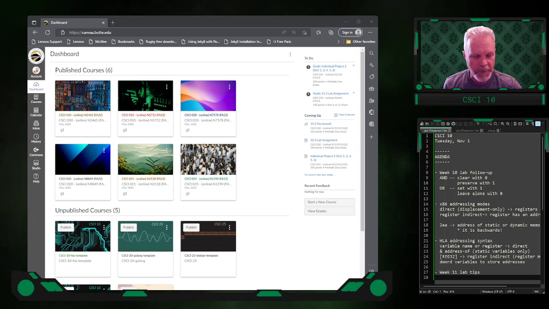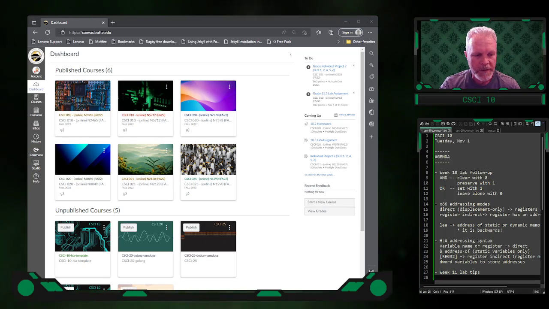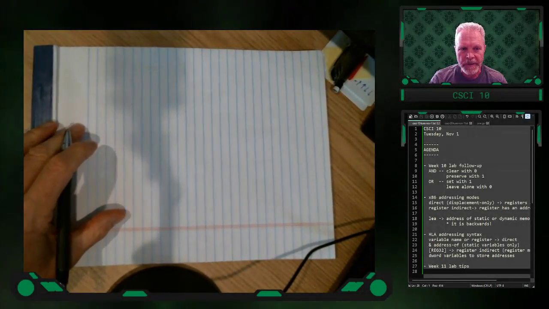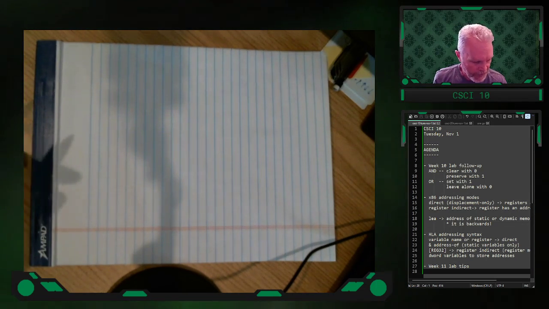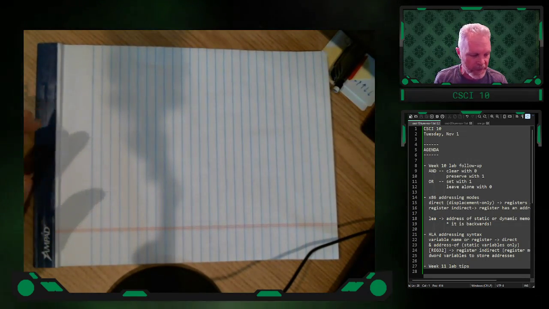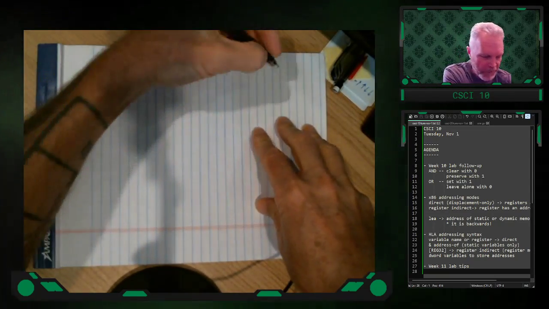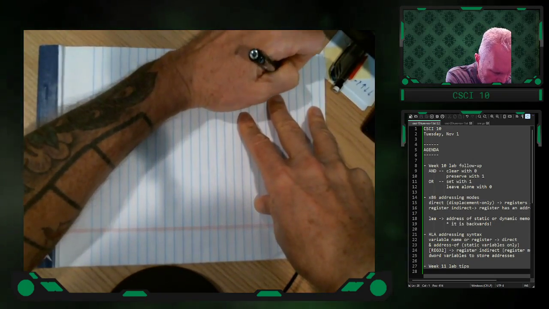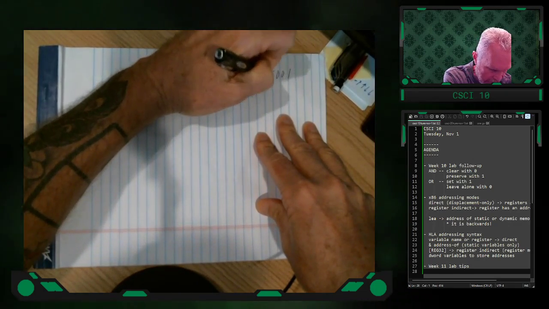So let me just bring up the picture real quick and talk about, most of you got this, but for those of you who struggled with it, using and to clear. If you need to clear out a set of bits, you can use and, but then you also need to know what to do with and if you want to clear bits. So I'm just going to do a whole bunch of examples here of clearing bits. If I'm just going to work with one nibble, I'm going to go left to right. Clearing one nibble. To clear a nibble